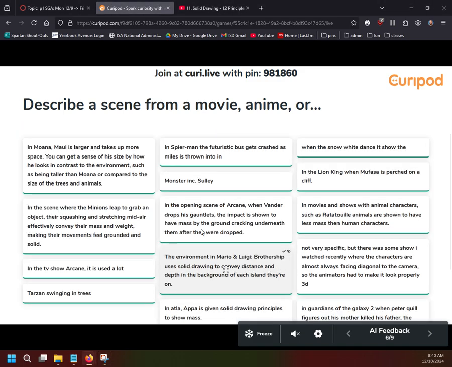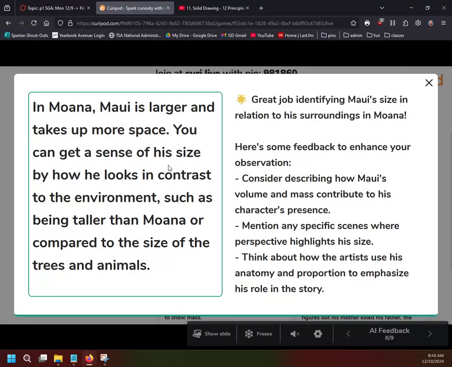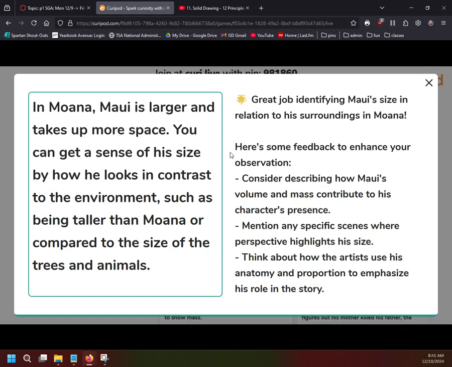All right, so let's take a look at some of these examples you guys have put forth here. In Moana, Maui is larger and takes up more space. Exactly right. Solid drawing is going to be related to the space characters exist in. You get a sense of his size by how he looks in contrast to the environment, such as being taller than Moana or compared to the size of trees and animals. This is a good consideration of solid drawing because it's also thinking about the context of the scene, the space